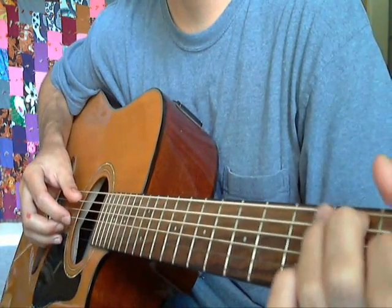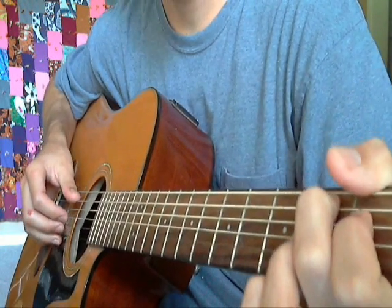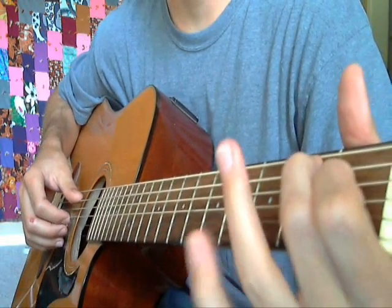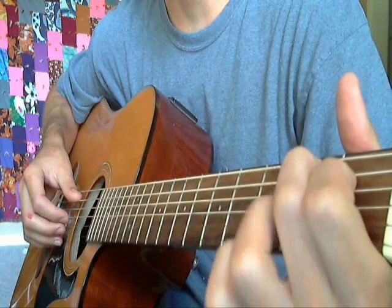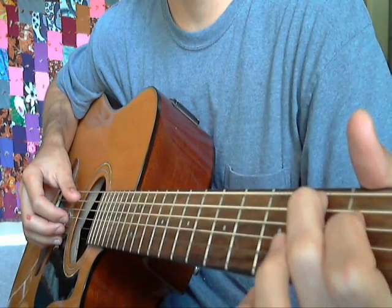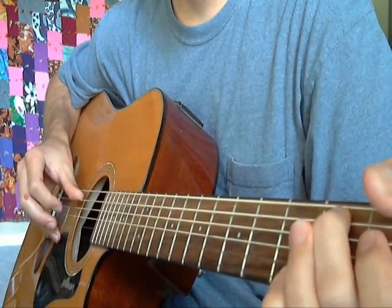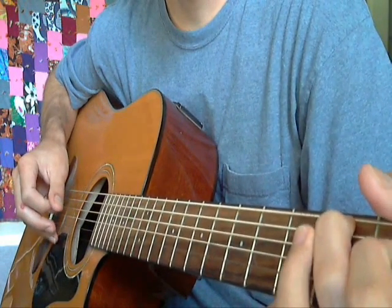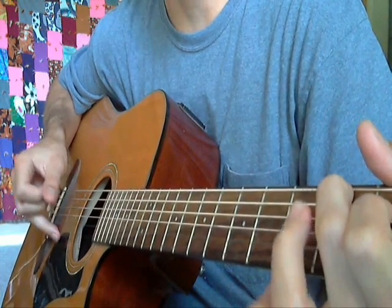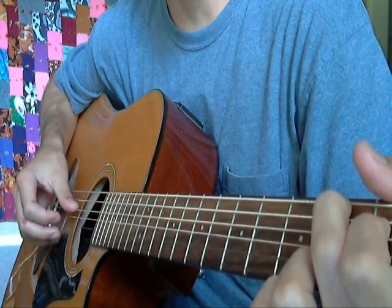There is a little B7 lick you can do to go right into the E towards the end, and that is you kind of take the ring finger off of the B7 because you're going to be using that to hammer on, and just leave the middle finger and the first finger on in the same positions, second fret and the first fret here, and you're going to hit the bass, the fifth string, and then you're going to do a hammer on the second fret with the second string with your ring finger, and then you're going to hit the bass, coming down on the